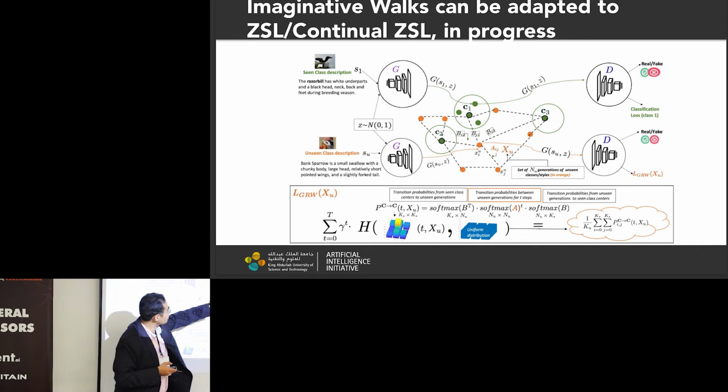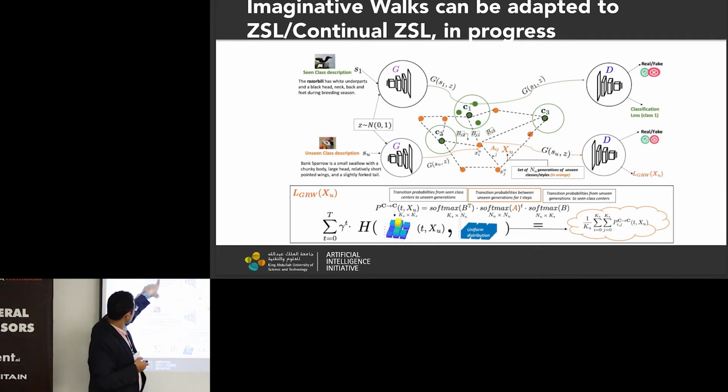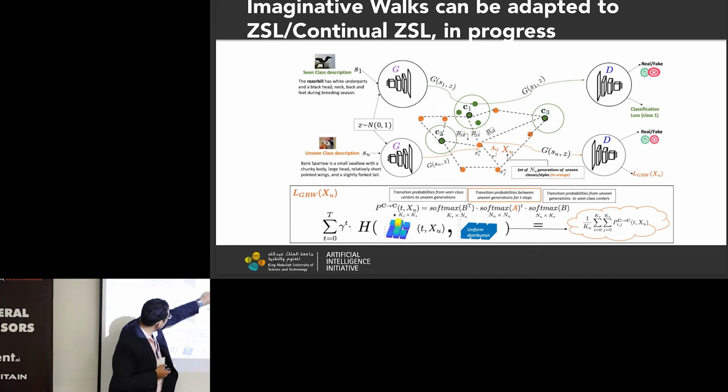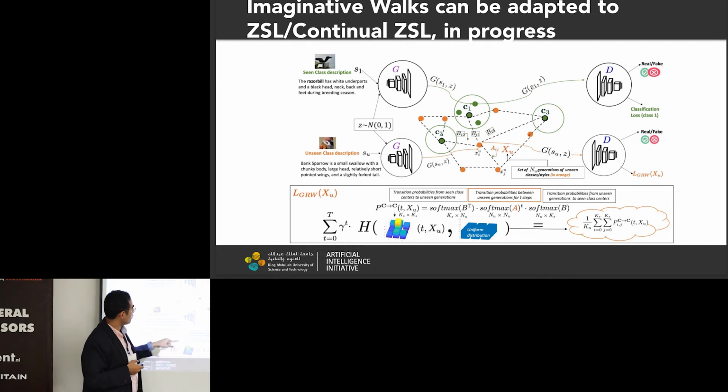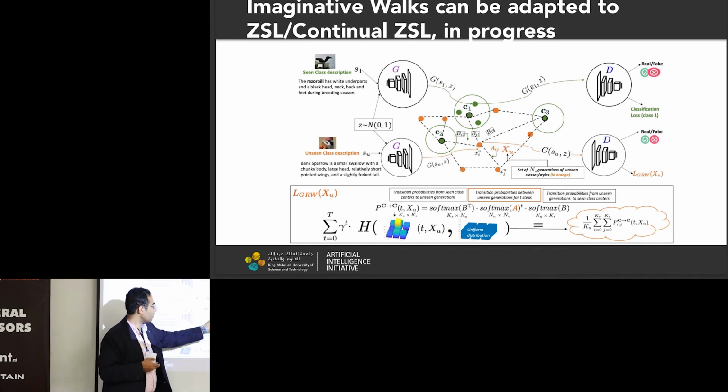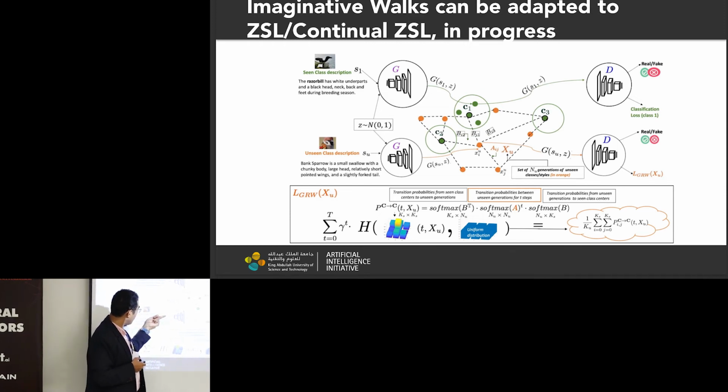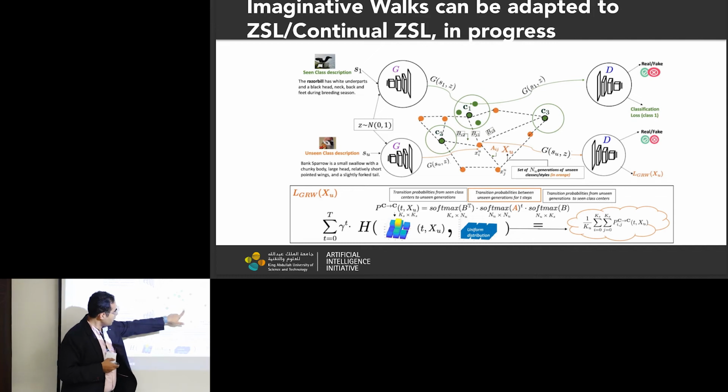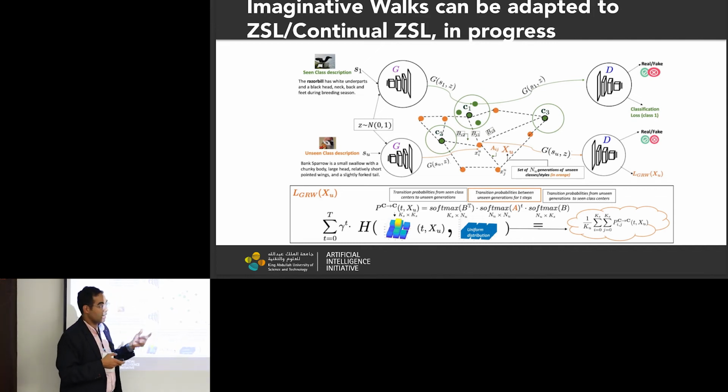So we have these centers, but instead of representing art classes, they represent scene classes. These centers are generated by sampling, by having a conditional generative model that takes the class description, generates a bunch of samples, and computes their centers. So we have these green points generated like that, and for unseen classes, we generate points in the same way. We give a hallucinated class description, we sample different Z, and we generate these red points. And the Creative Walk loss that we talked about earlier, we just apply it as is here.